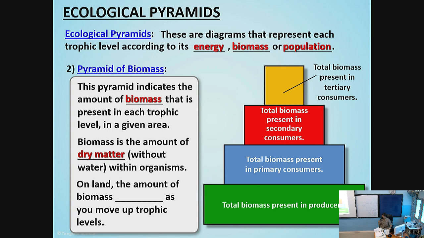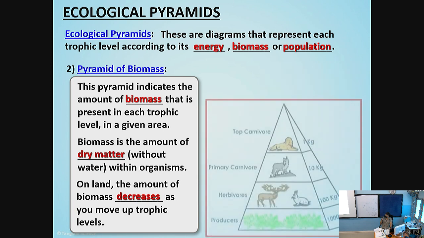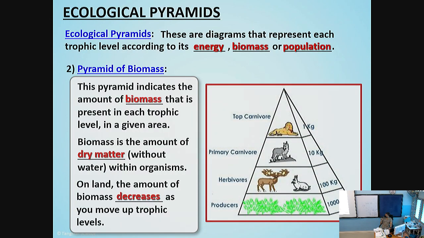On the land, the amount of biomass blank as you move up trophic levels from bottom to top. Does it increase or decrease? Please remember that is decrease. Same as this one. But